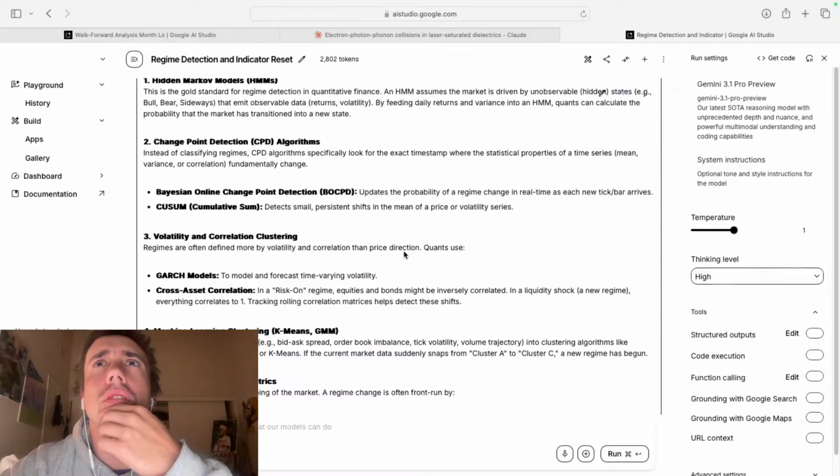Beta neutral, 5, 1.5, 5 longs, 5 shorts. Yeah, what is different now?